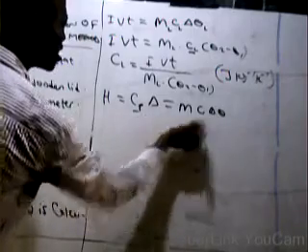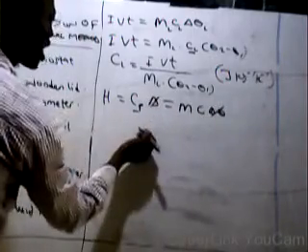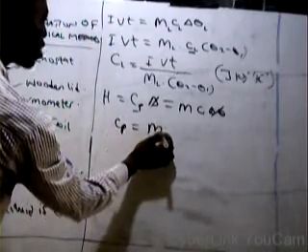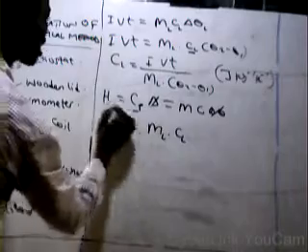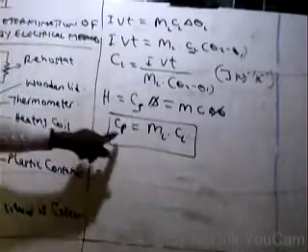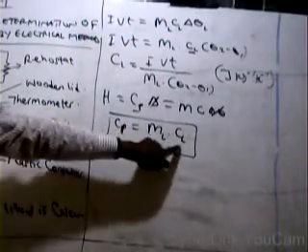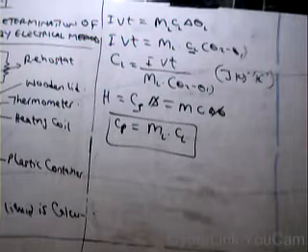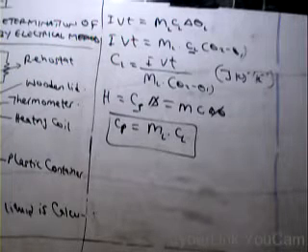So if we equate this now, we discover that this and this will cancel. So Cp, heat capacity, will be equal to mass of the liquid times the specific heat capacity of the liquid. This Cp is the heat capacity, while Cl is the specific heat capacity, so you take note. So if we determine our Cl, then directly we can also measure the heat capacity of the liquid. So that's how you can use the experiment to determine the specific heat capacity of the liquid by the electrical method.